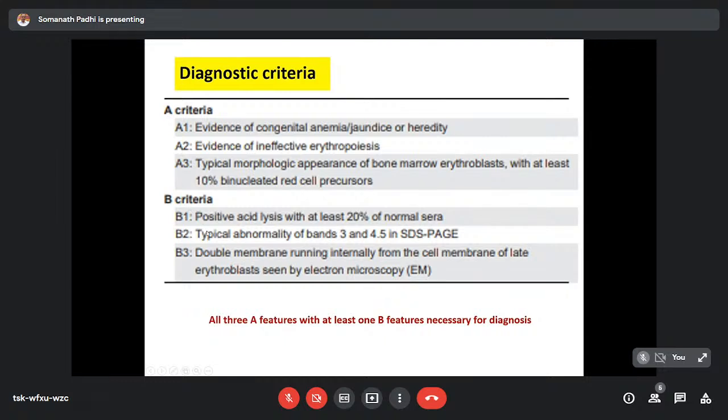The B criteria include B1, positive acid lysis with at least 20% of the normal sera. B2 is typical abnormality of band 3 and band 4.5 in sodium dodecyl sulfate polyacrylamide gel electrophoresis. Double membrane running internally from